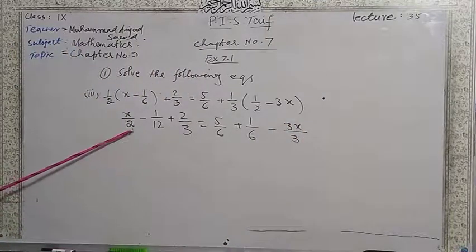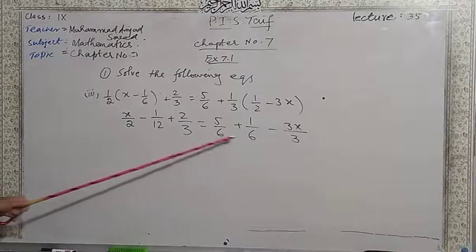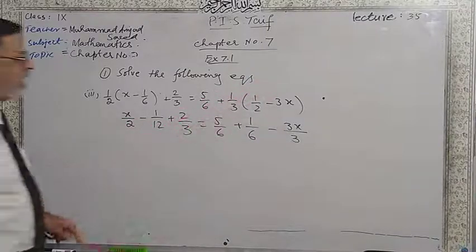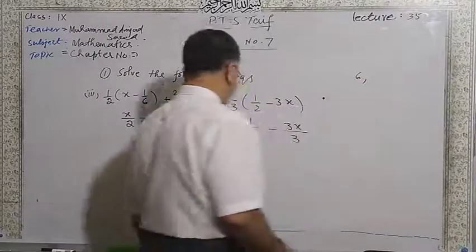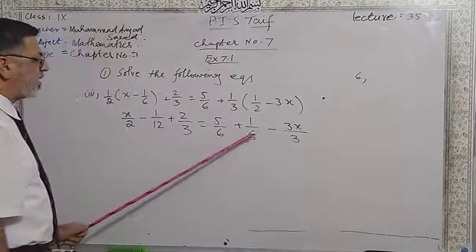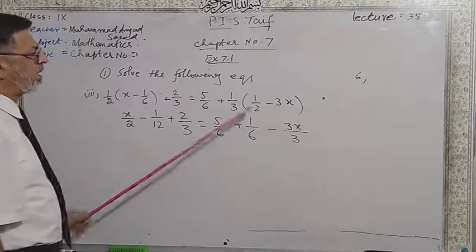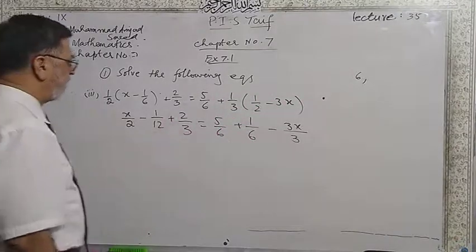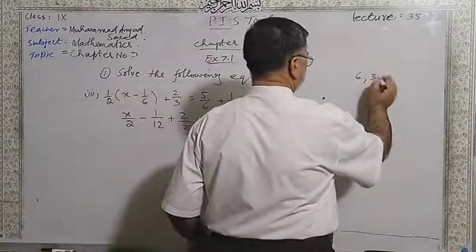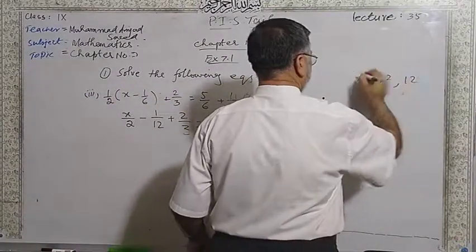Now you can check the denominators and find the LCM. Here you can have 6. Remember that 6 is written 2 times, but no need to write the 6 two times. You can write it one time. And 3 and 3. Then 2 and 12.